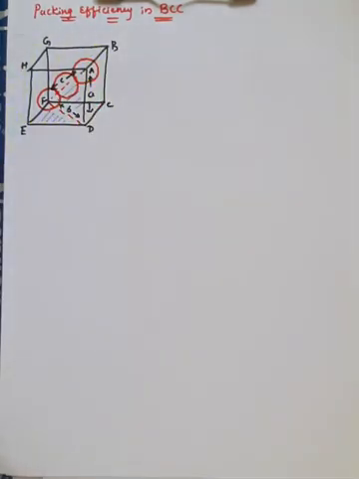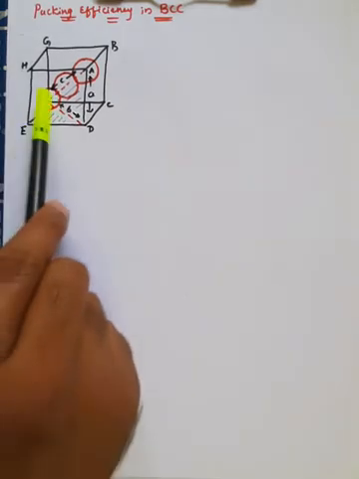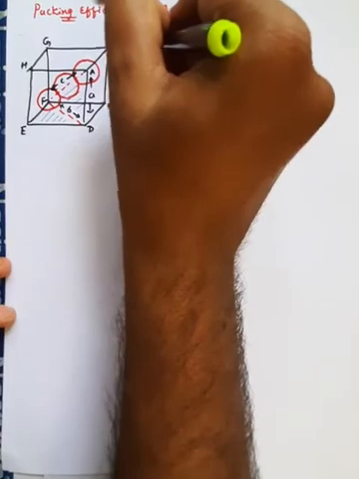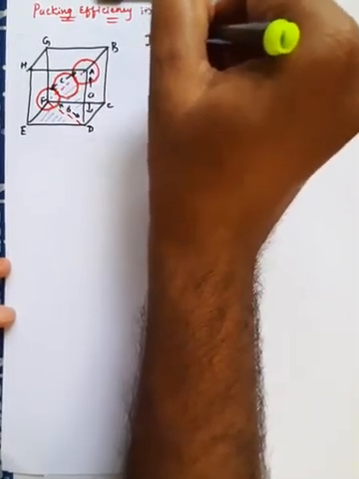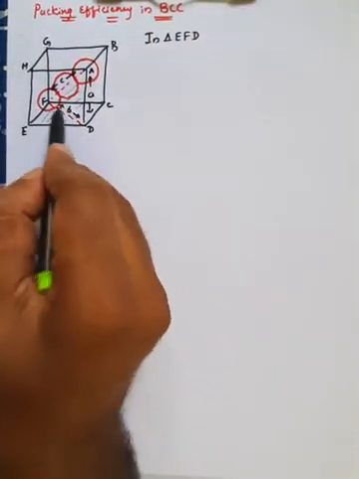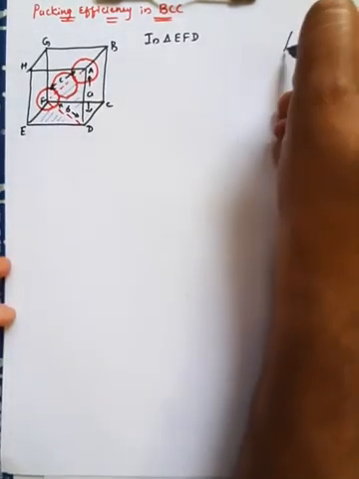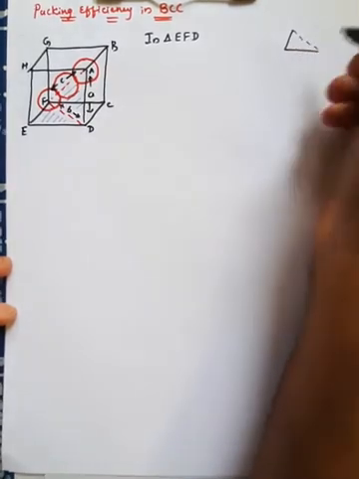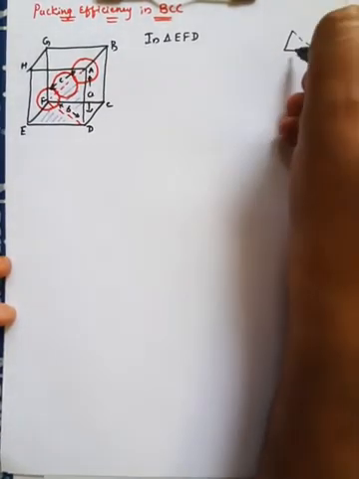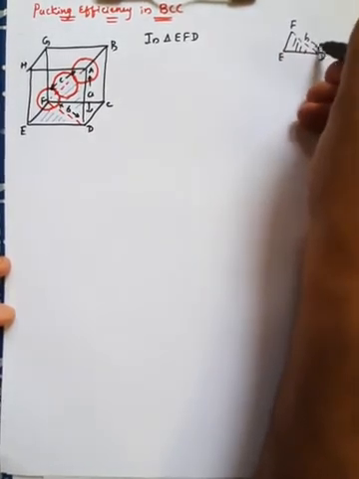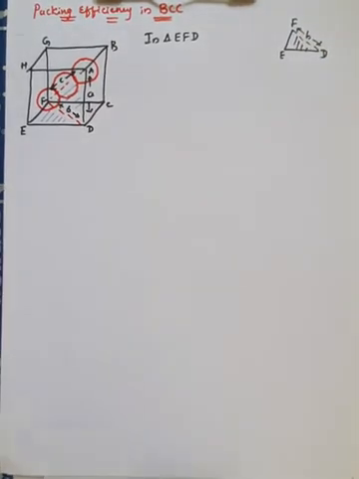We'll get two triangles. One is triangle EFD. That is the first triangle. And the second triangle is triangle AFD. So here I will draw triangle EFD. If I consider this triangle EFD, right? So this is the triangle, that is EFD. This is D, this is E, and this is F. I have drawn here, and this length I have taken as B. That is the hypotenuse side.